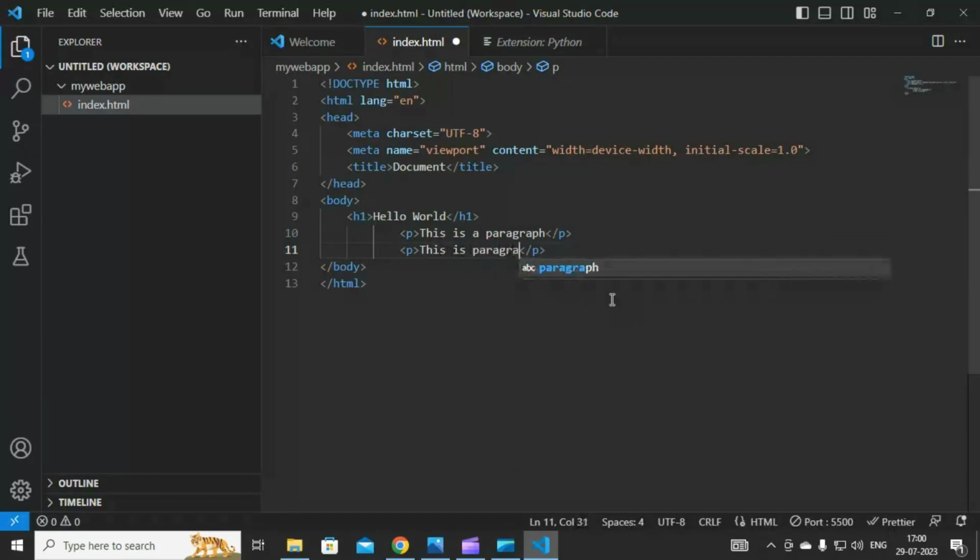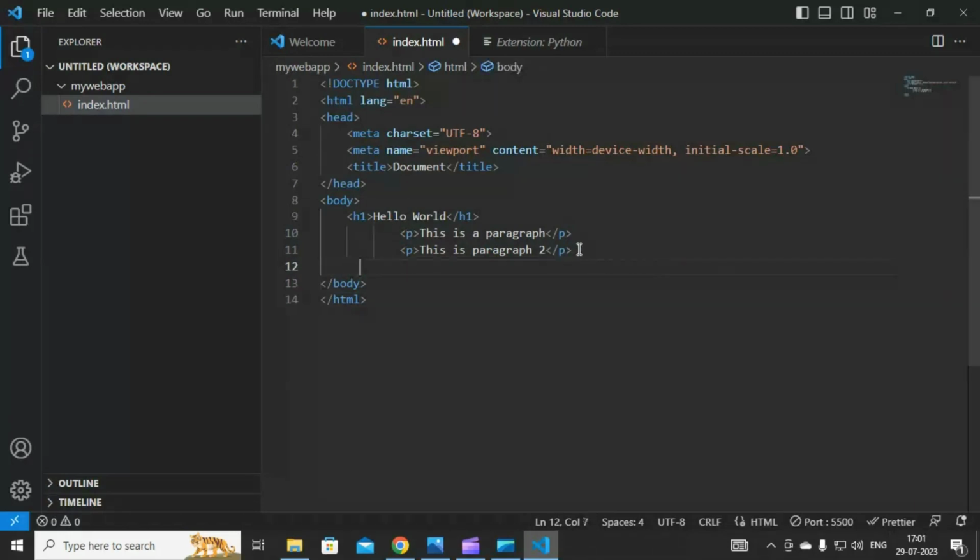This is paragraph 2. Now you see the alignment of these tags is not on the same indent. These tags are of the same level, that means the H1 tag is there, and then this paragraph tag is at the same indent as H1. But we have unnecessarily given a tab and then it is coming over here. So if you're coding and by mistake all this alignment changes,